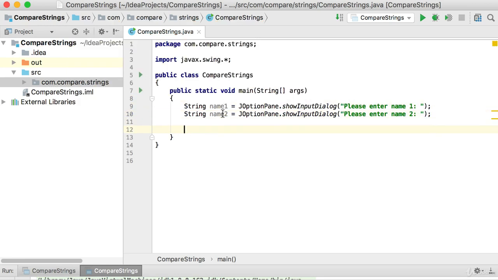Right, so now we have name1 and name2, and let's see how we can compare these two strings. I'm going to say if name1 is the same as name2 with a double equal sign. Now remember from the explanations that we should not compare strings like this, but let me just show you the output here. So we will have name1